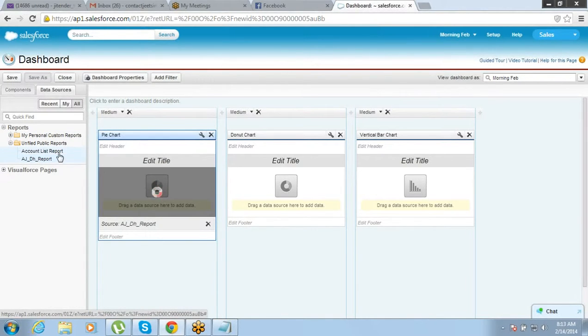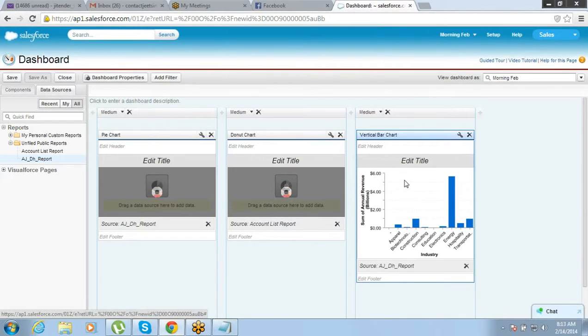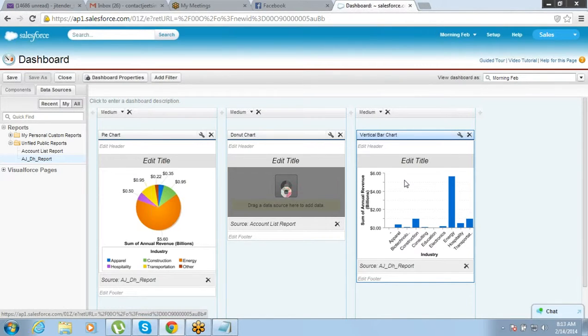So you added the pie? Yeah. And then whatever file you have saved as a report will serve as a data source for the dashboard components that you add from here. That's it. And your dashboard is ready.